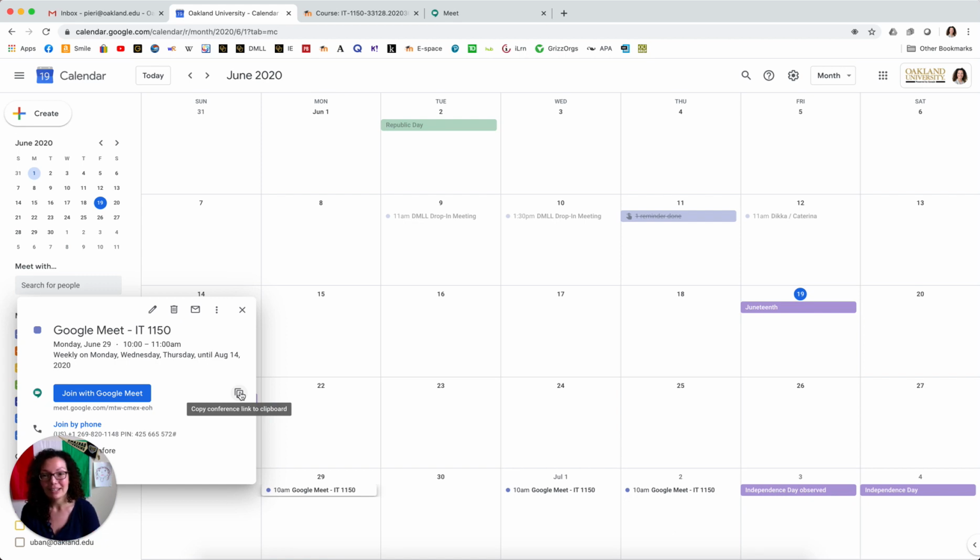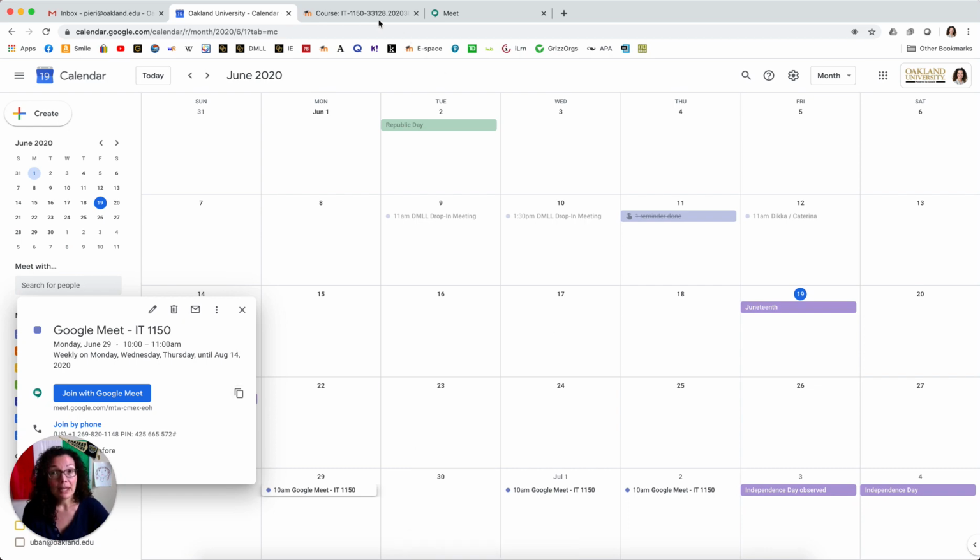So this is like, if you're clicking there, it's like you are copying this, and then you will paste it where you need it. So let's click on this icon, okay?